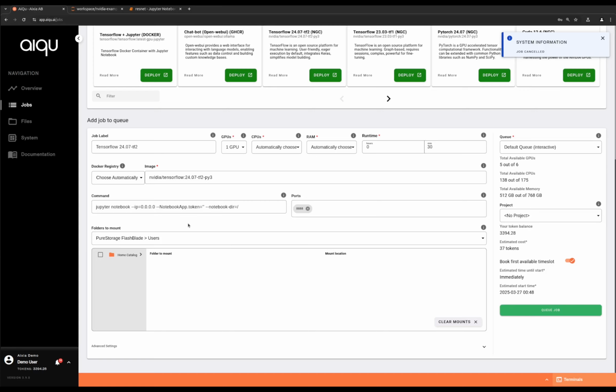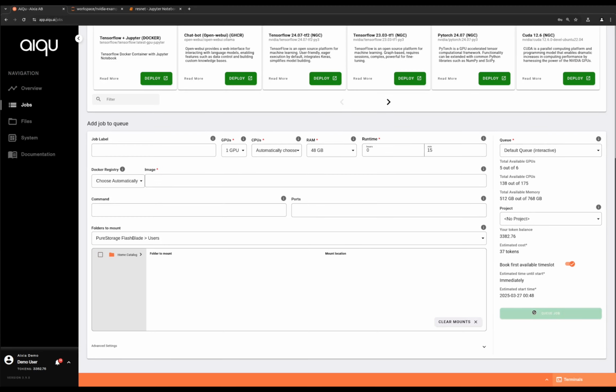We will take our home catalog, which we can see here, and mount this folder from outside the job to inside the job. So from outside, we mount our home catalog to the inside of the job, to the folder, let's leave it at /data. If we do this now and go ahead and queue the job,